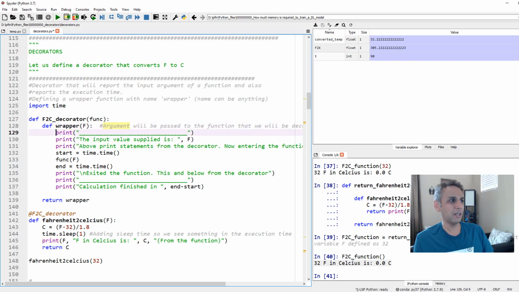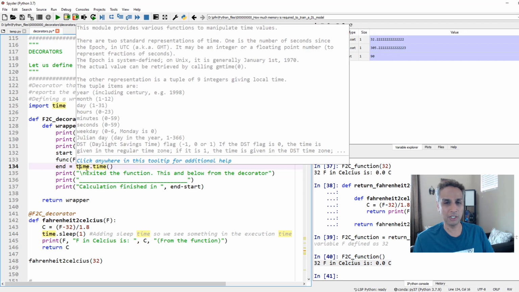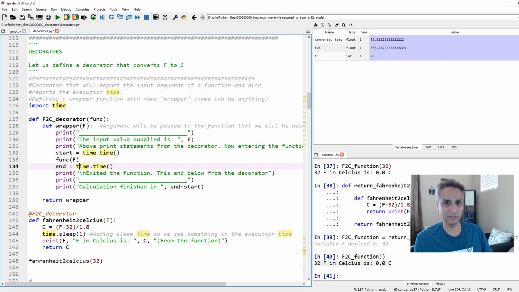Okay, and I only have a bunch of print statements right there. And then I have a timing, start the timer, end the timer. Why do I have start the timer, end the timer? This is not going to take a long time to do this calculation. The reason I'm adding this is slowly I'm building a case towards writing your own decorator to time a deep learning model. So I'm just subtly adding these things as we get there. And at the end of it, it says end minus start, which means it gives me the calculation time to convert my